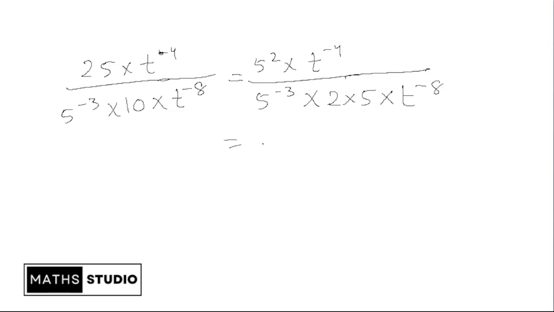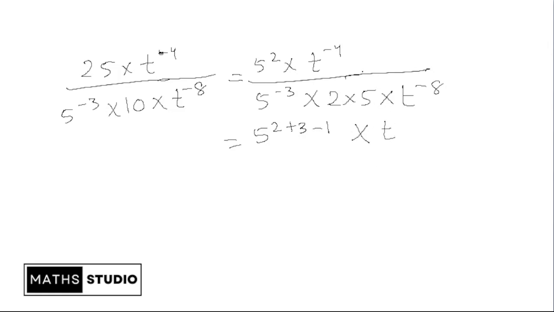Okay, so this 5 to the power minus 3 goes up and this 5 will also go up. So ultimately what will it become? 5 to the power 2, and this goes from denominator to numerator, so the power sign changes to plus, and this one was having power 1, which becomes minus 1 over here, into